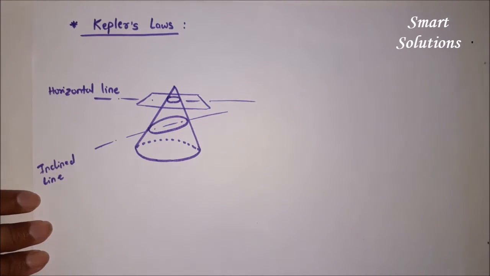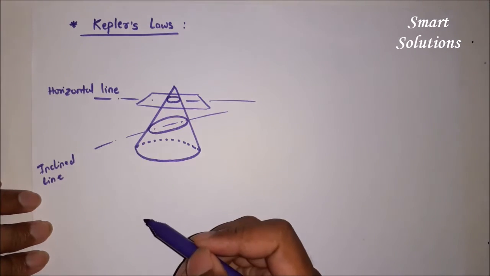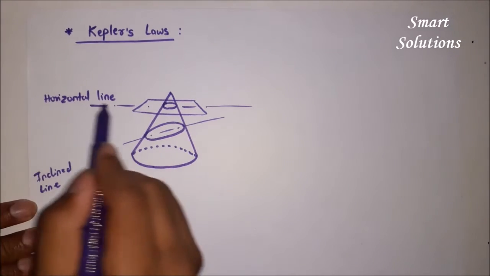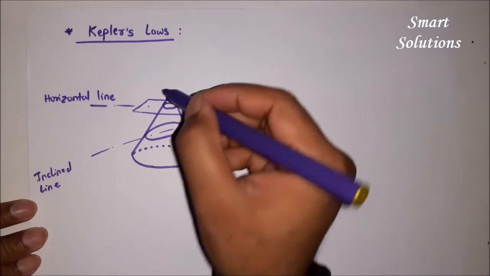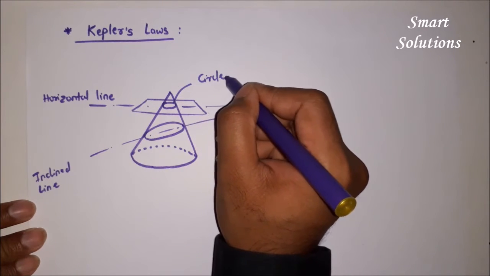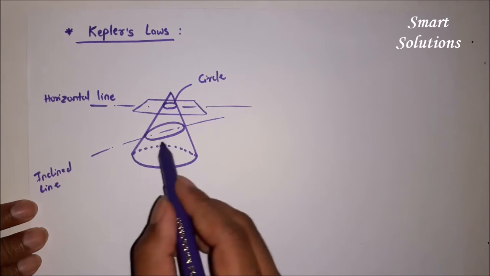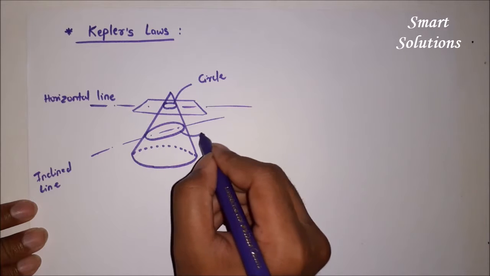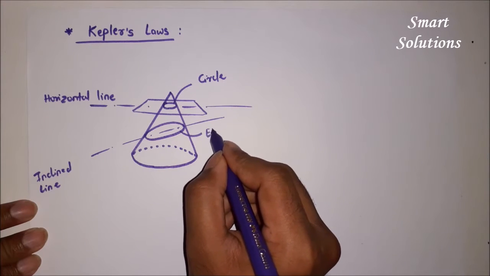So it is inclined. When we cut this cone in a horizontal plane, this is the circle we obtained. And if we cut this cone in an inclined plane, then this is an ellipse